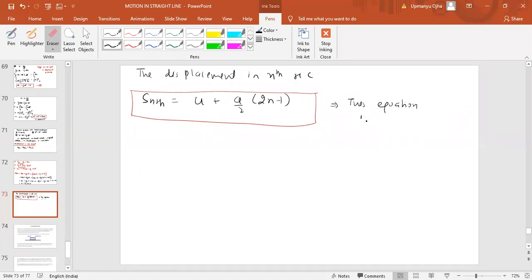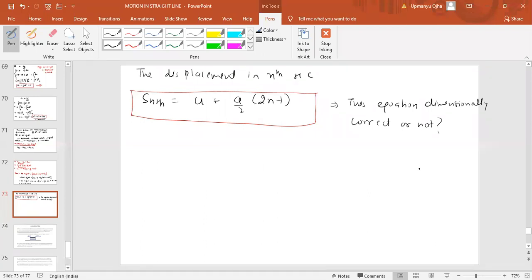Is this equation dimensionally correct or not? Just tell me. Okay, fine. This is your homework. Just think. If it is correct, then you have to tell me the reason. If it is not correct, then you have to tell me the reason.